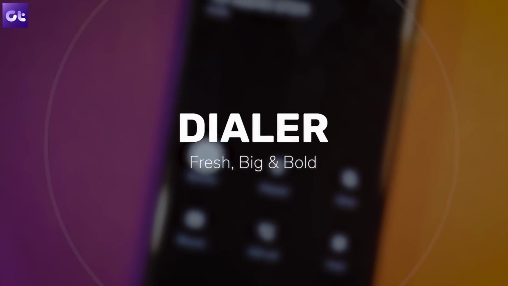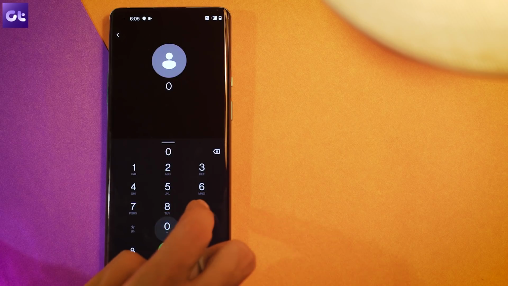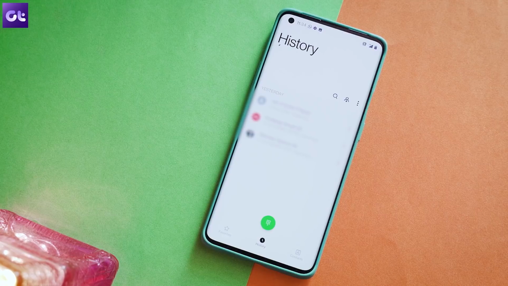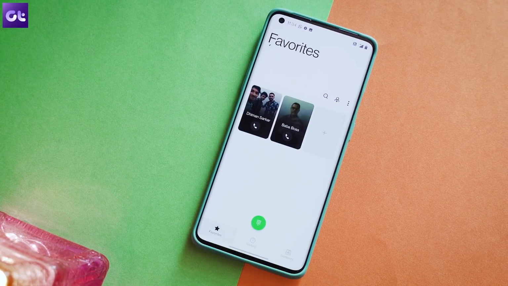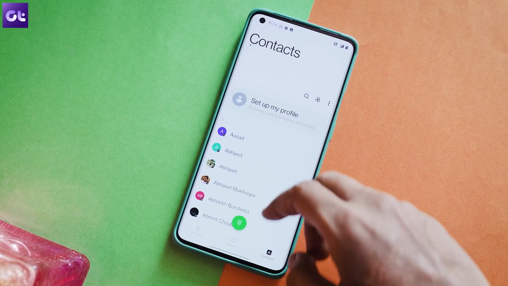Now, speaking of fresh changes, I think the biggest change that a system app has got has to be the dialer app. You get a bold and big text up top with text being more accessible now. It's obviously taking hints from Samsung's One UI, but the overall implementation I still feel lacks a bit of flair, but at the same time it is definitely more accessible. There is no swipe gesture here to switch between tabs, which I would have liked, but the overall viewing experience definitely makes for a more easy one-handed operation.